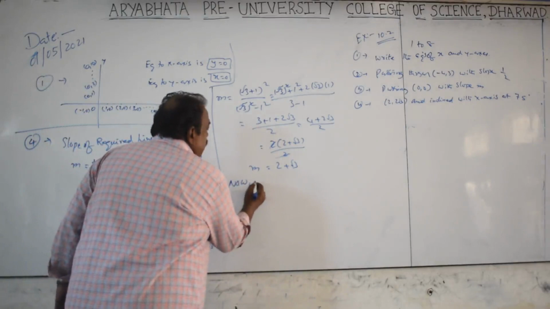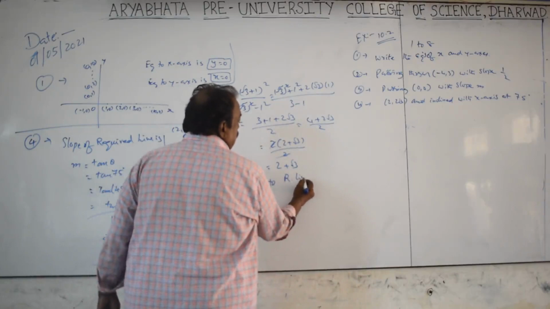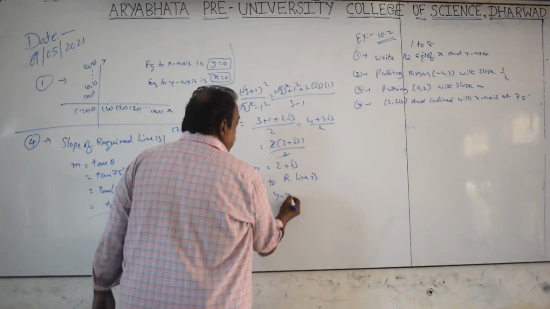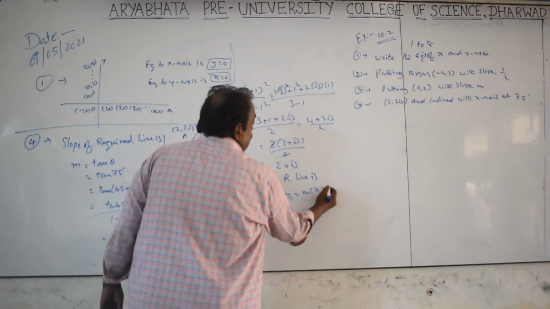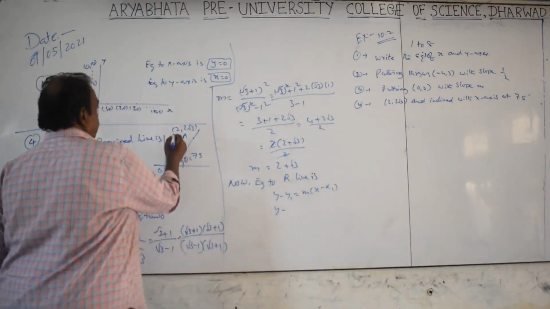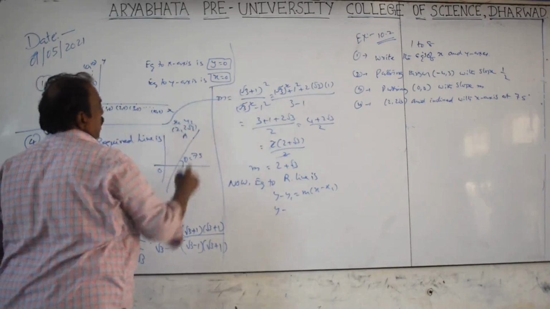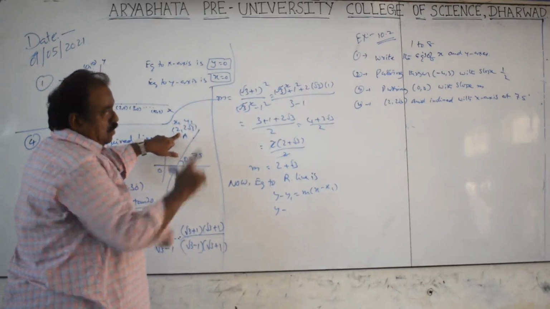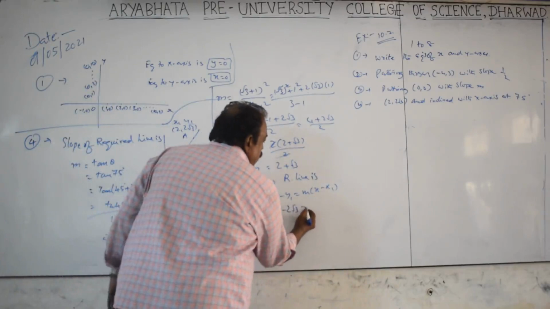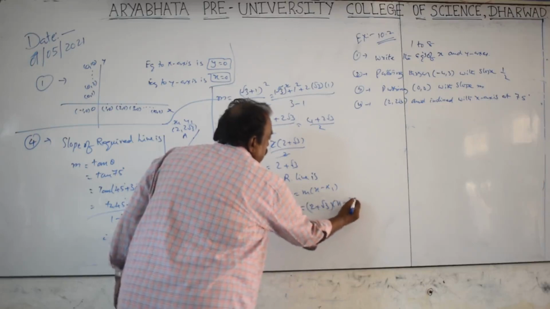Now, equation 2. The required line, I am always writing R line, meaning required line, is y minus y1 is equal to m of (x minus x1). You see, this is x1, y1 in this problem, the given point, passing through the point (2, 2 root 3). So y minus 2 root 3 is equal to m, which is (2 plus root 3), of (x minus 2).